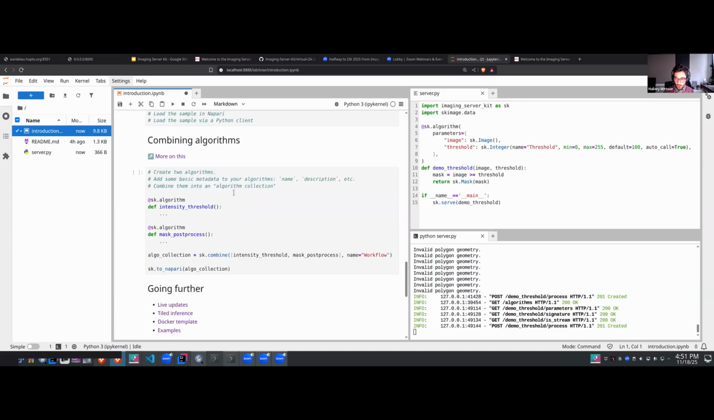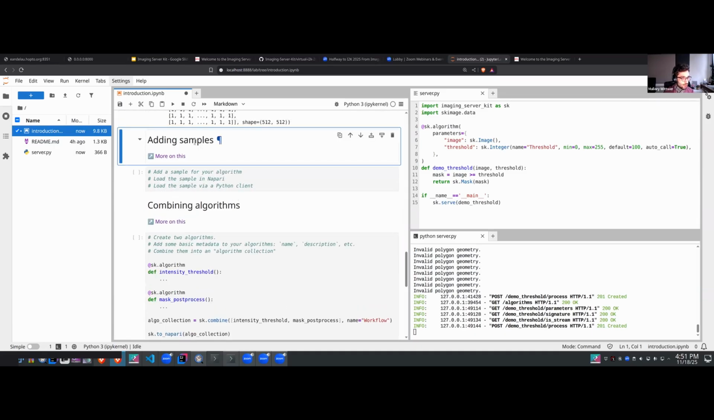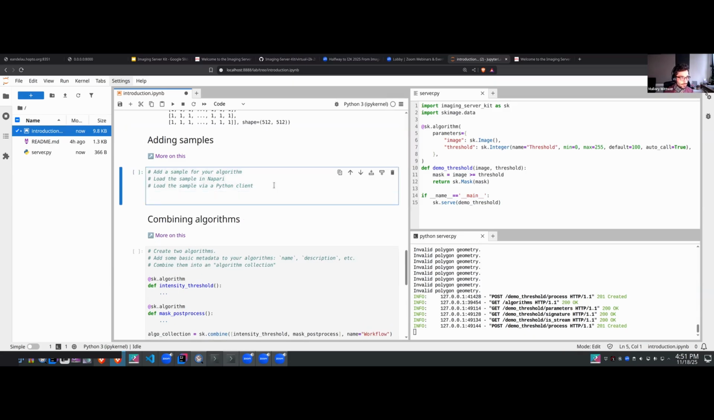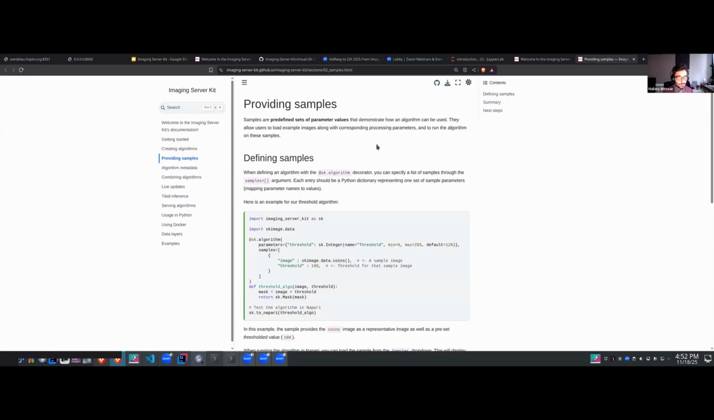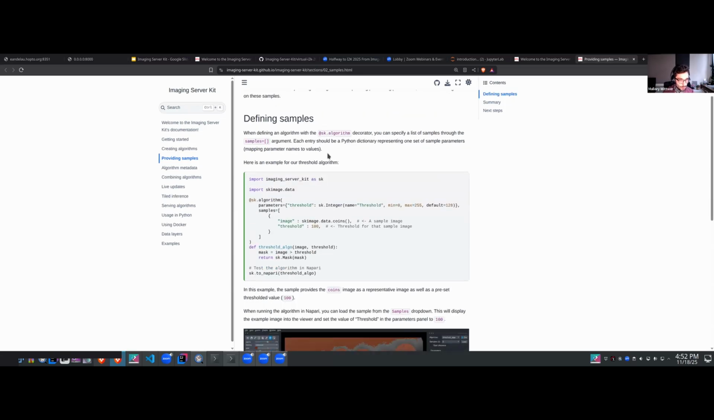Okay, so I have about 10 minutes left. I think I can show you. So you've seen in the demo that you can add samples to your algorithm. I'm not sure I'll type this in. Maybe we can just take a look at the documentation directly. But if you wonder how this is done, how you can provide samples along with your algorithm, this is done via